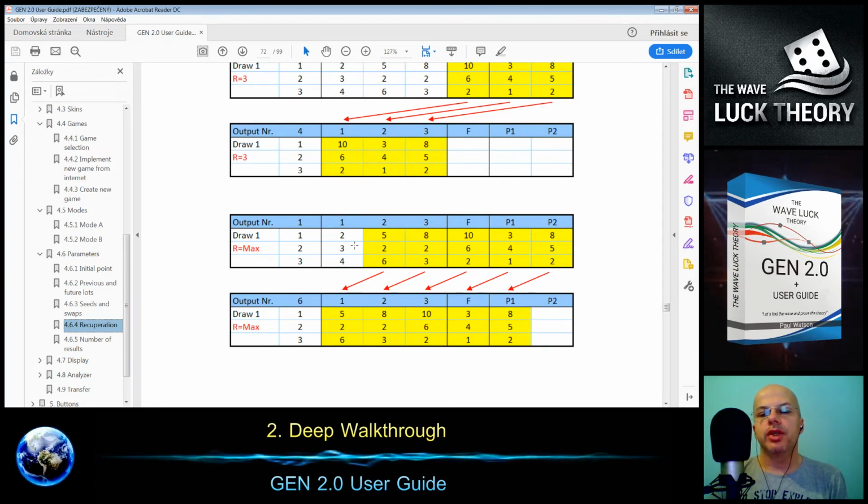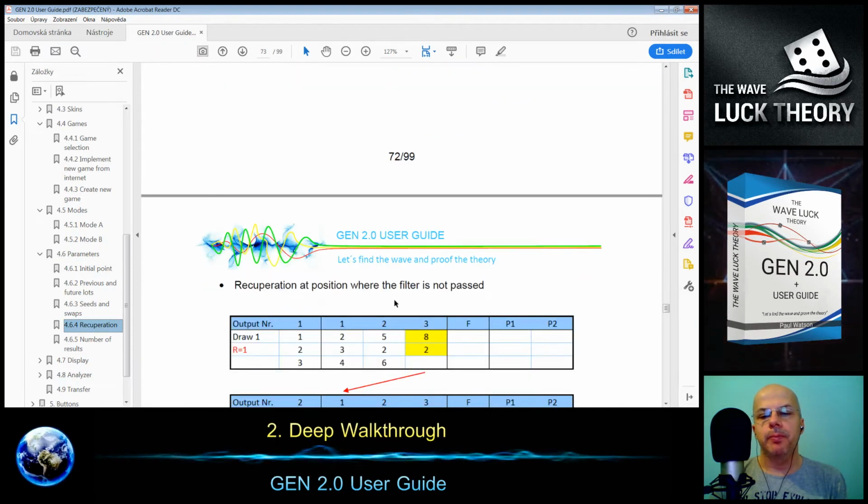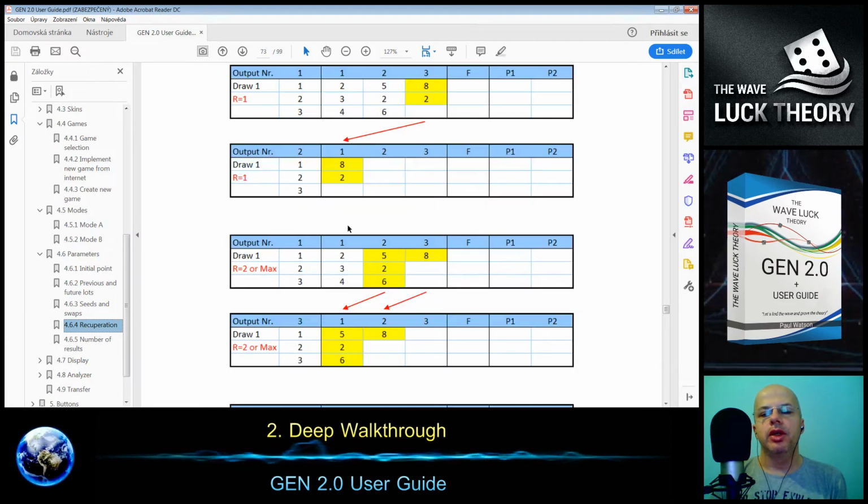Now just understand that if we put the recuperation 6, it doesn't make sense, because then we compare again the same numbers with the same result, which we already did. So the reasonable maximum is, in this case, 5. If we put 6, it will anyway be reduced to the possible max. There is also recuperation if it does not pass the filter, then it takes until it passes and puts them here. So we really do not lose anything.